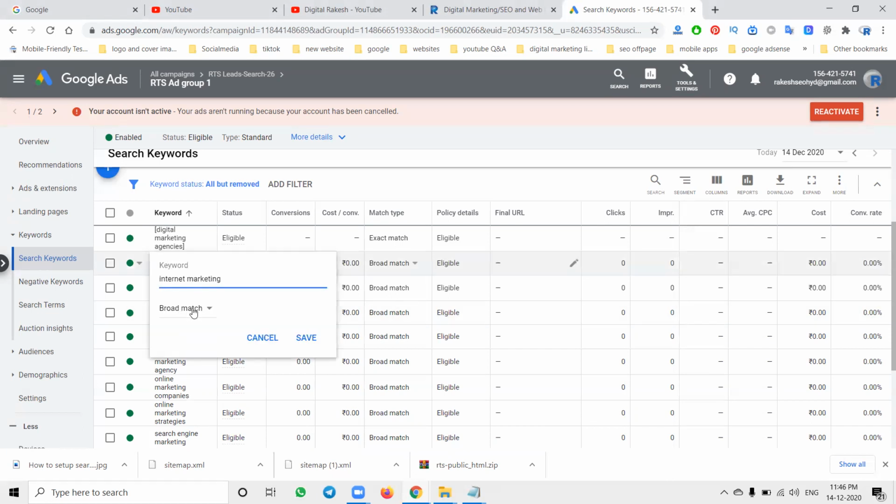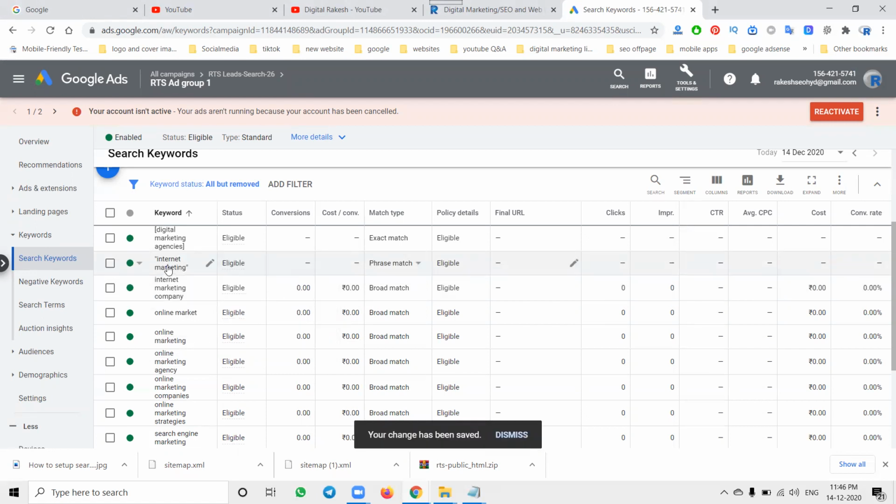Now you can come to phrase match. This is called double quotes. We are showing, for example, internet marketing, best internet marketing services. The phrase will be matched, and our ad is shown to customers for that particular phrase. So follow these policies, create correct ads and promote them to generate website leads and website traffic. Finally, generating leads.